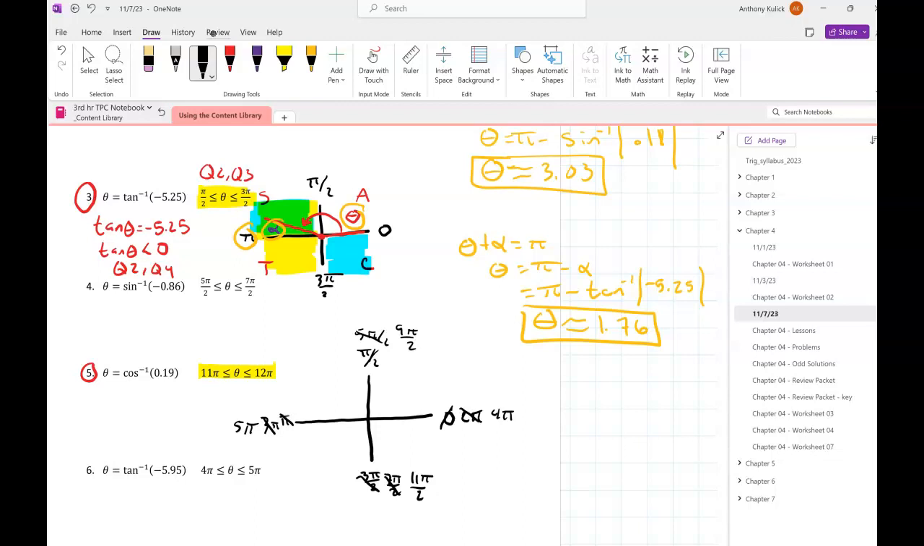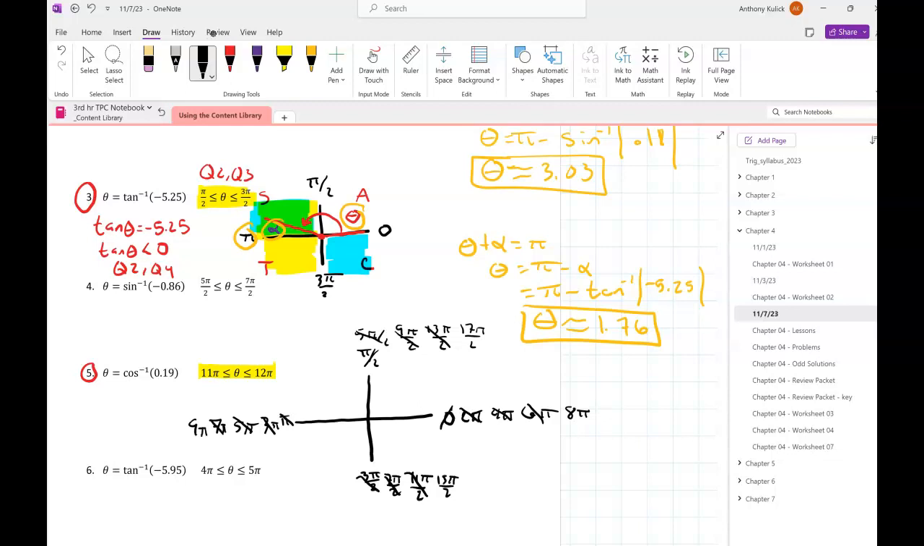All we're doing is counting right now, though, right? We're just counting by halves, going around. So we're at 5 and a half. Now we're at 6, 6 and a half, 7, 7 and a half, 8, 8 and a half,